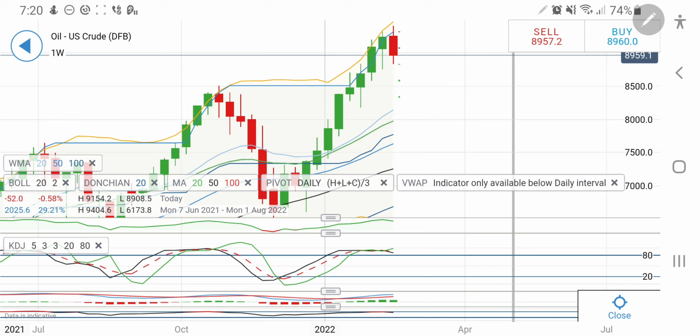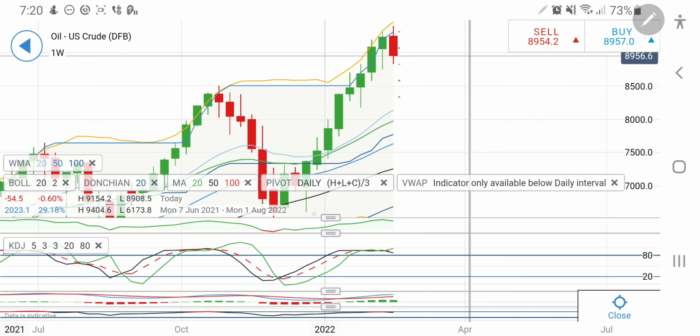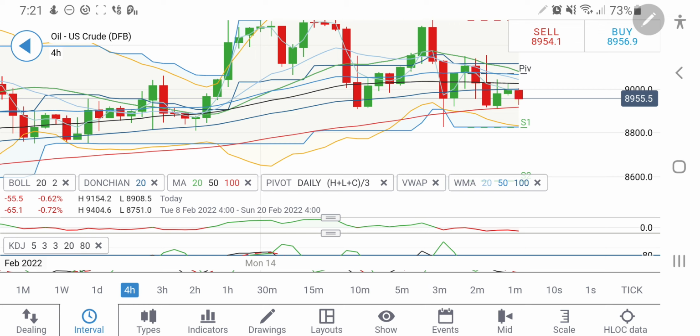So any drop below 8800, don't forget to take a short entry. You can keep your shorts intact, and specifically below 8700 it will drop towards 8600 and then 8400 very much. For the day, the only long entry is above 90.2 levels, where you can take a long entry for 9100, 91.2, 9200 levels. Till the time it remains below 90 or 9020 levels, you can expect it to drop till